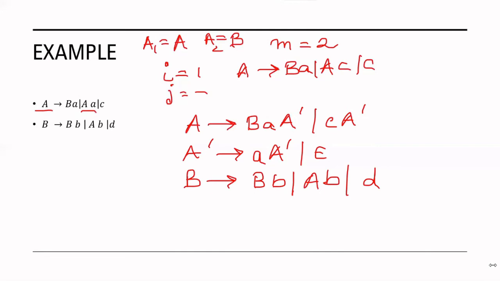Next we will take i is equal to 2. For i is equal to 2, the inner loop will execute one time, exactly once, with j is equal to 1. So with j is equal to 1, in this case we will eliminate the